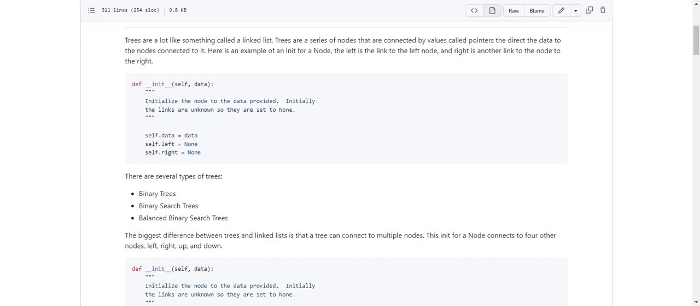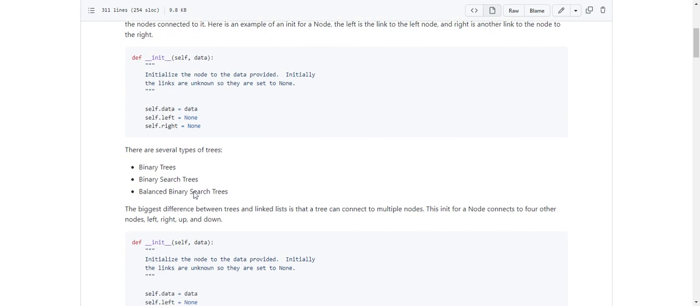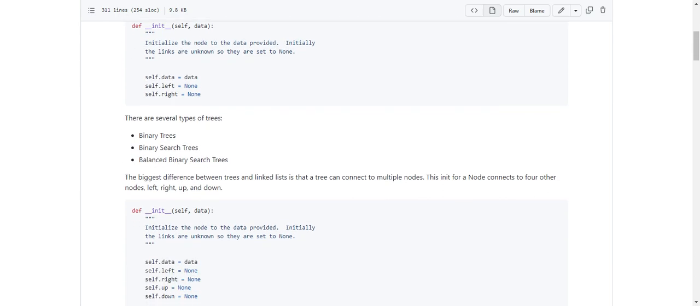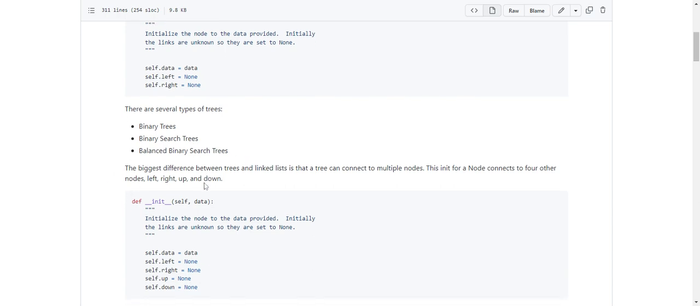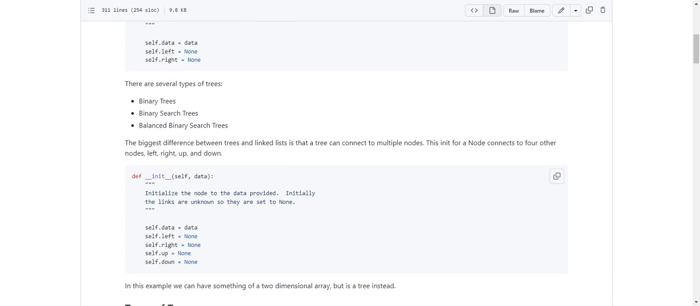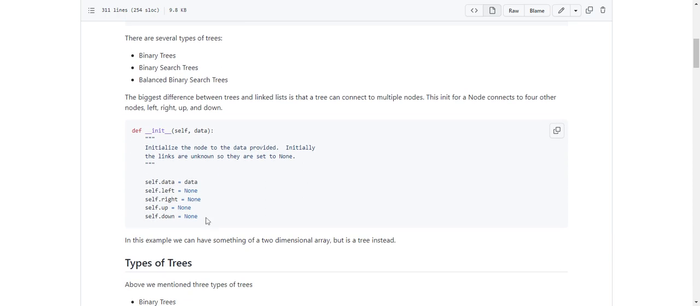And there are several types of trees. This doesn't cover all of them, but these are the ones that we're going to cover today. There are binary trees, binary search trees, and balanced binary search trees. The biggest difference between these trees and linked lists is that a tree can contain multiple nodes. We won't really cover that today, but this is something like what it would look like,